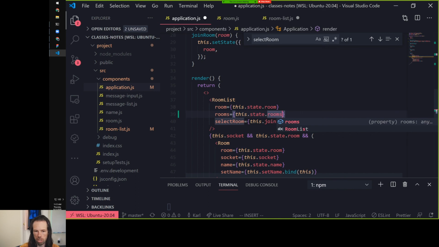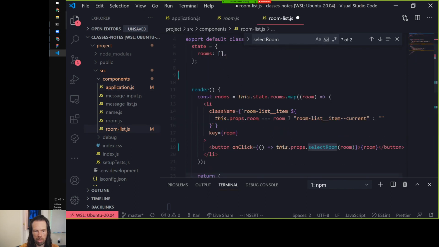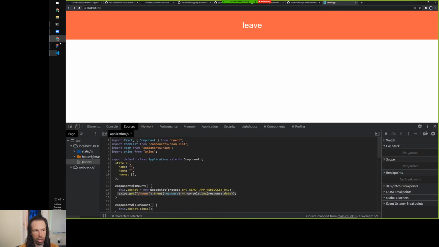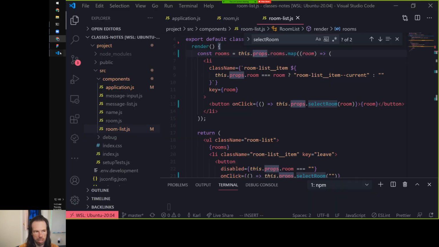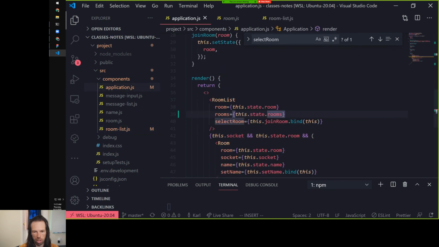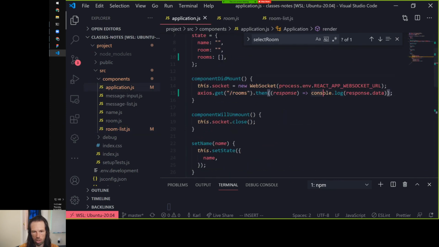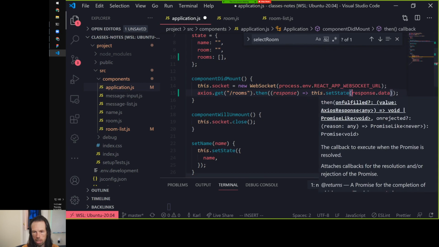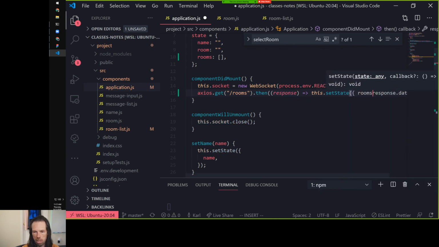See, this.state.rooms down to my room list. And then this thing here doesn't need its own state. And instead we can say this.props.rooms. Right? So this would be a way. Oh, the last thing I need to do is make sure I set that state when I actually finish here. So set this.setState. And the object that I pass in